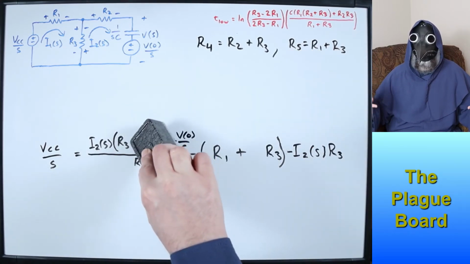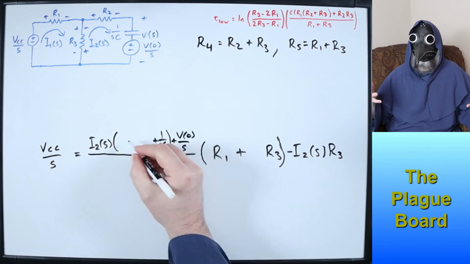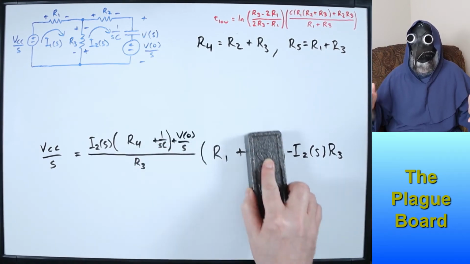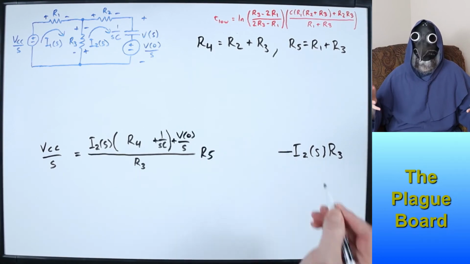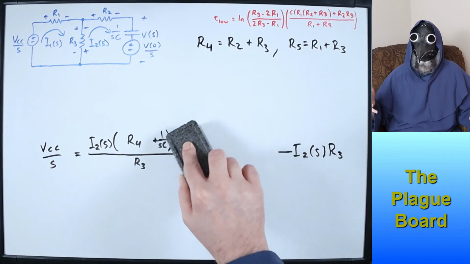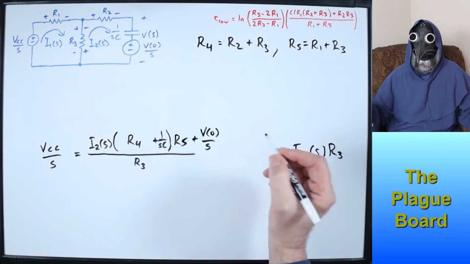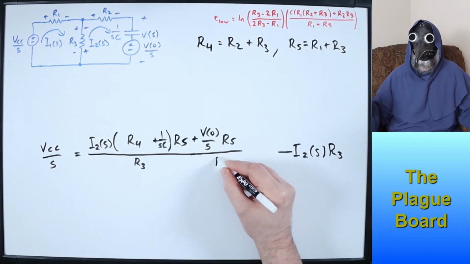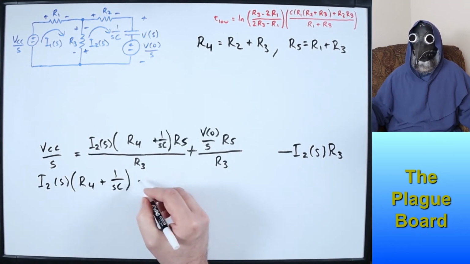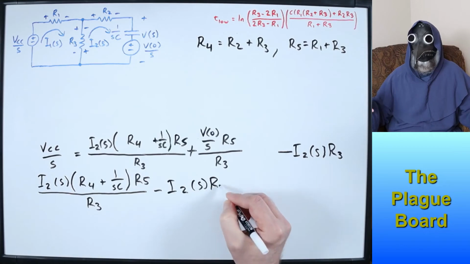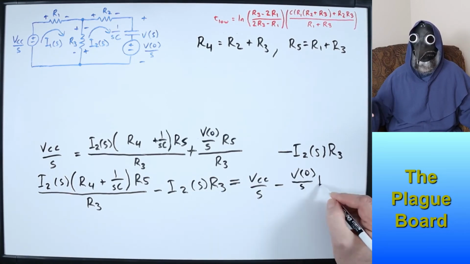Then I'll substitute them into our equation. We just need to make sure that we substitute them back before we're done with this derivation. Next, I'm going to multiply R5 through the numerator. Then I'll separate the first term on the right side into two terms. I'm going to rearrange the sides while subtracting the second term on the right from both sides.